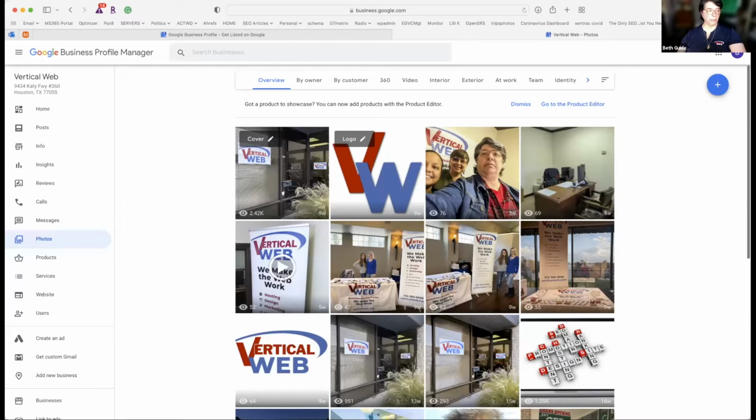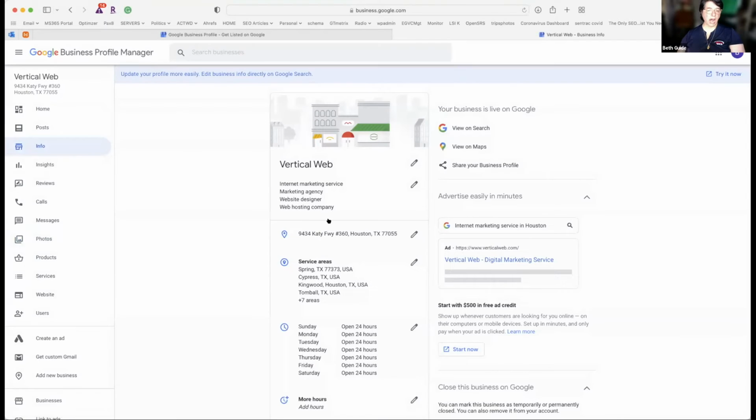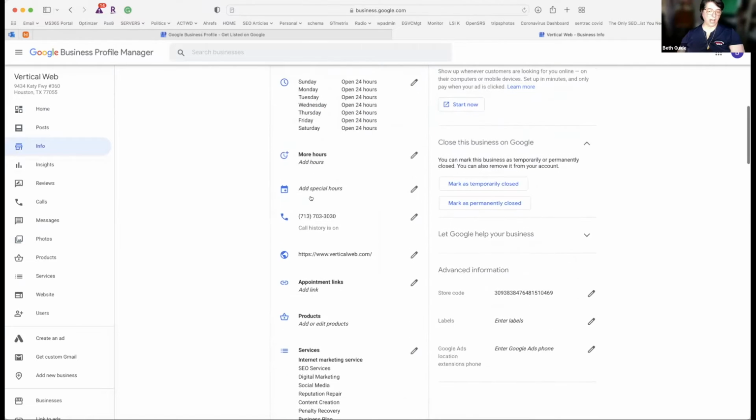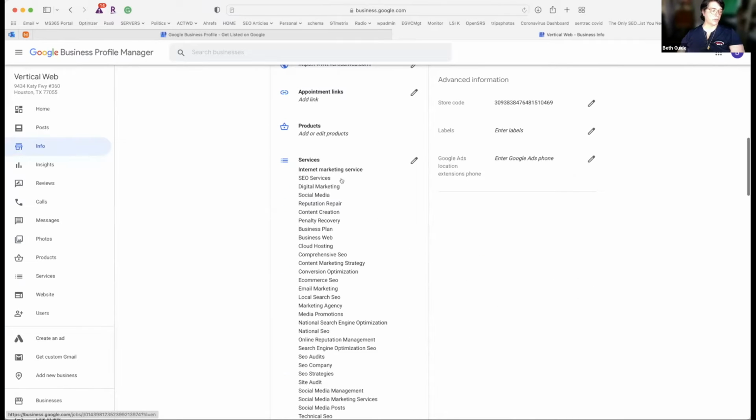If I'm in a room of people, I'm going to tell you the right way to do it, and that way we avoid a problem. Do I readily admit there's other ways to go about this? Absolutely. That's the best way I want to put that out to you guys at this point. So we've got our information. As much time as we're spending on our addresses, I want to get the categories down. And then the other thing that you need to do is your services.